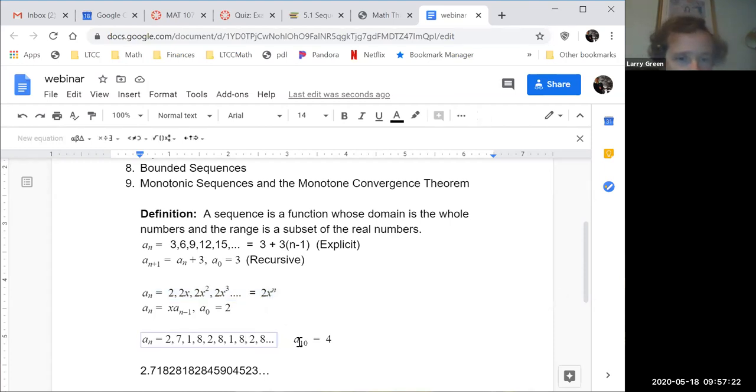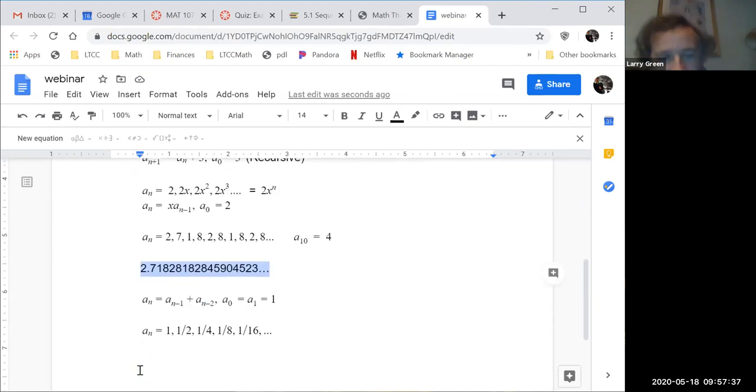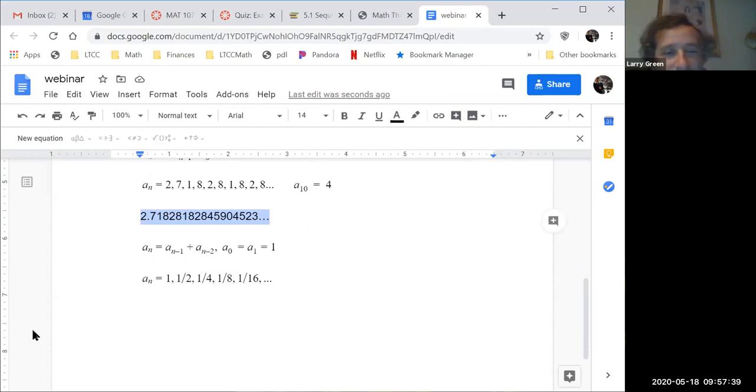The third example definitely has no nice limit. If you ever ask what is the last digit of e, yeah, right. Does that make sense? It doesn't just become something. But this last one does. This has a limit. So let me write down the definition.